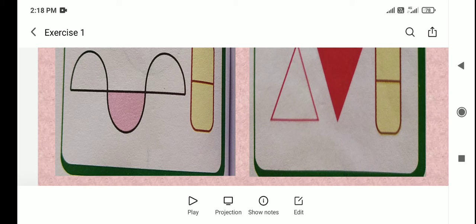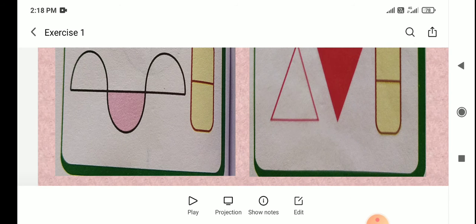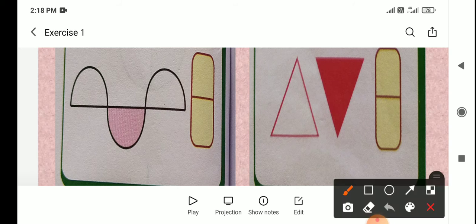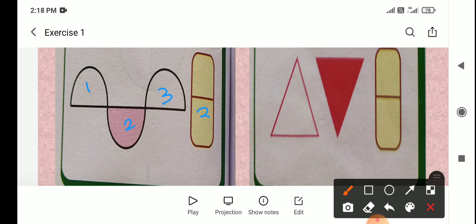Okay. Now we will see the next figure. See that figure carefully. Here semicircles are given. How many total semicircles are given here? 1, 2, 3. Total number of semicircles is 3. So we write 3 as the denominator place, and from that how many semicircles are shaded? 1. So 1 is written in the numerator place. So the fraction for the shaded part is 1 upon 3.